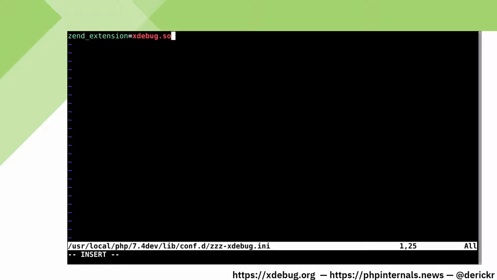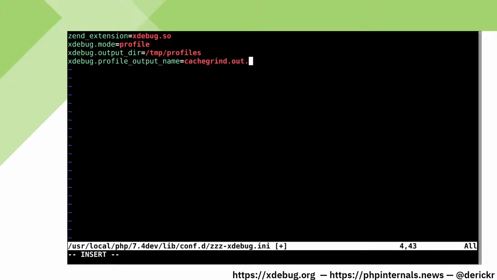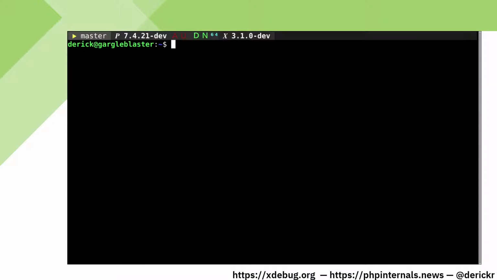Let's recap how to set up profiling with Xdebug. In Xdebug's ini file, or the standard PHP ini file that you have used to load Xdebug itself, you need to configure its mode. I also like to set a different output directory. And lastly, I would like to have my files have the URL in it, as well as the time. I'm also creating the profile files directory.